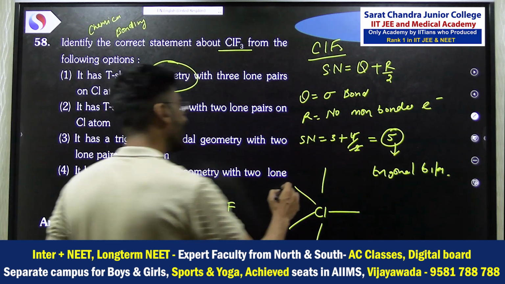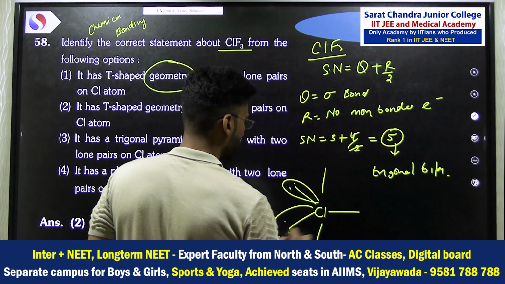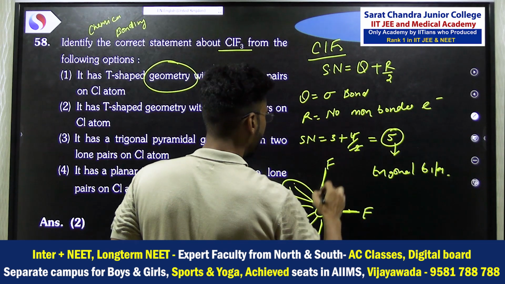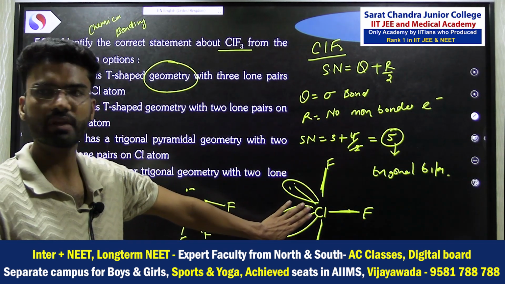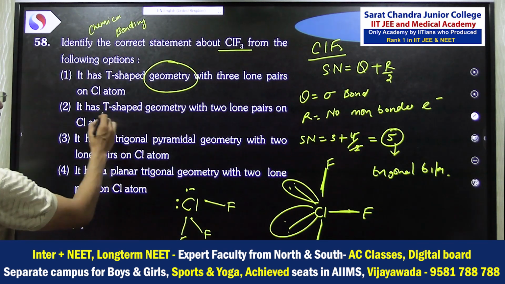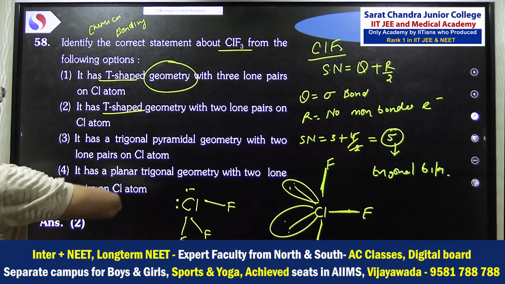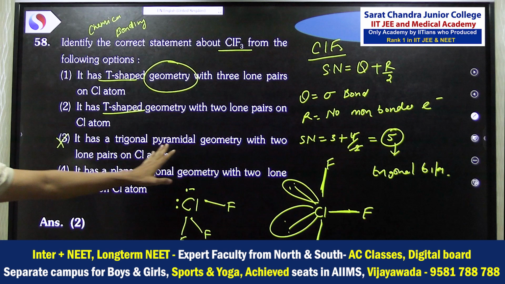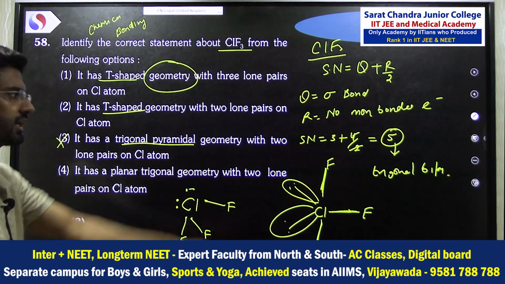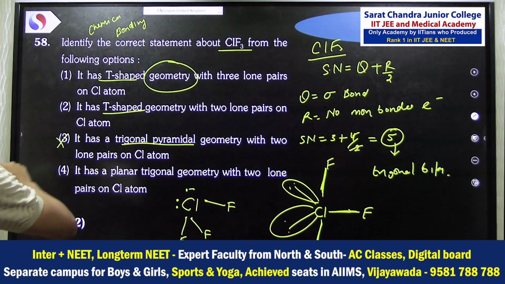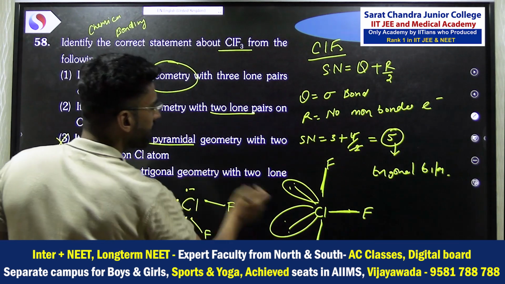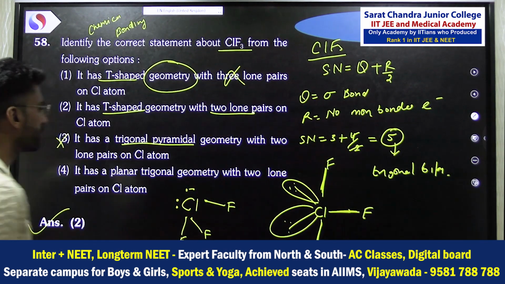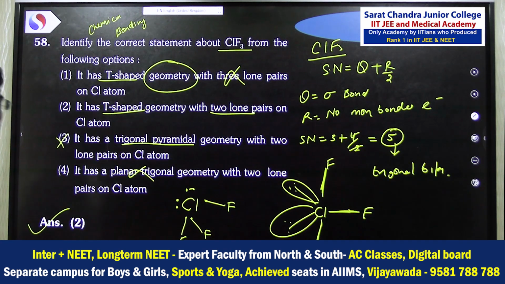We know that lone pairs will always be in the equatorial position. 1 fluorine here, 1 fluorine here, 1 fluorine here. So what is the shape? For the shape, we know that we have to ignore lone pairs of electrons. So the shape will be T shape. Okay, this option, ignore. It says trigonal pyramidal, so it is not trigonal pyramidal, it is trigonal bipyramidal. Option wrong. T shape with 2 lone pairs of electrons. So option 2 will be correct. This one has 3 lone pairs of electrons, option wrong. Planar trigonal, wrong.